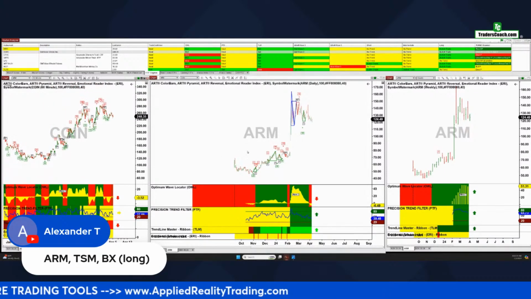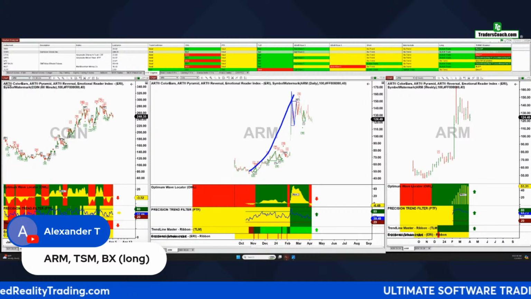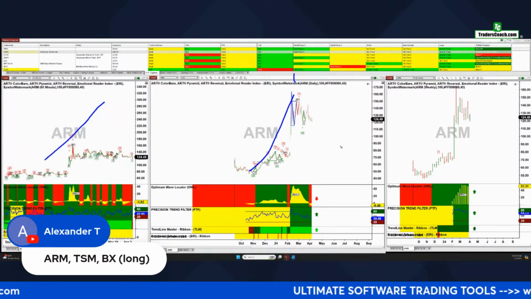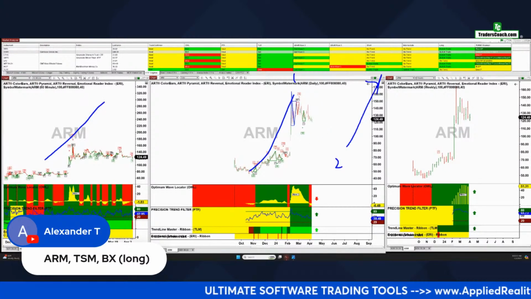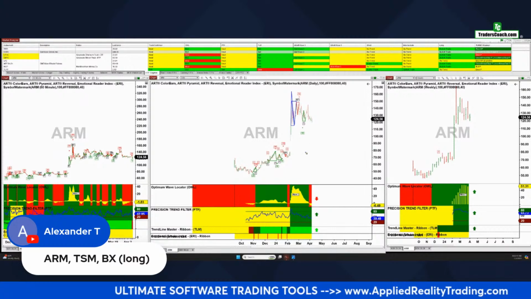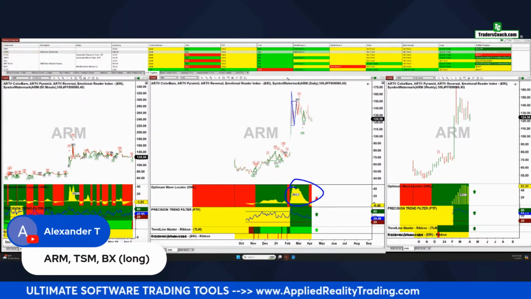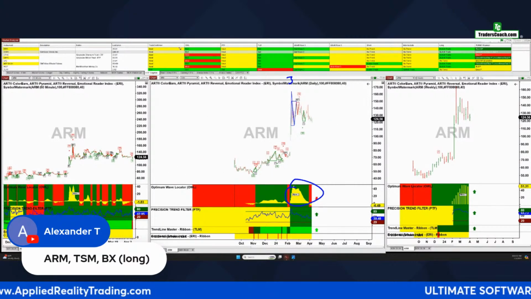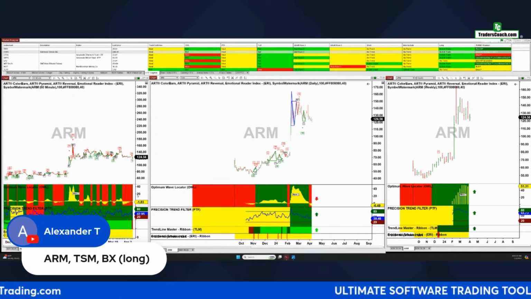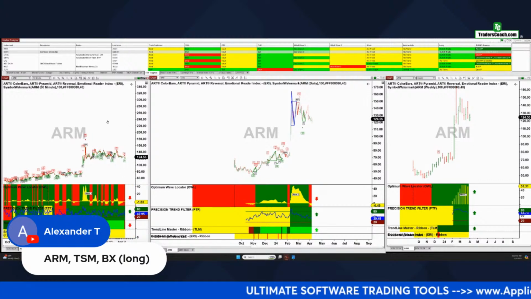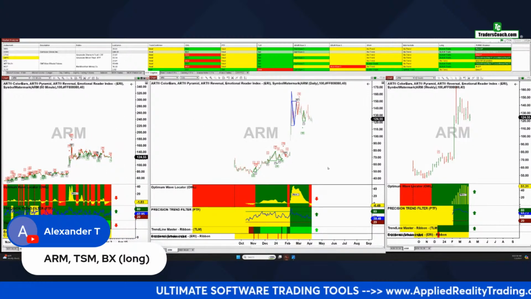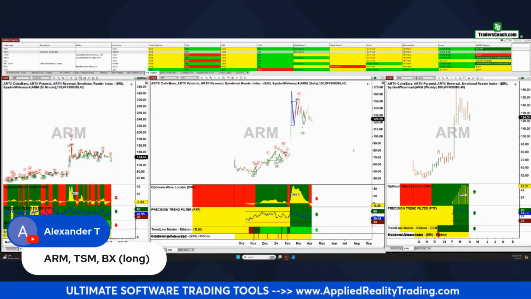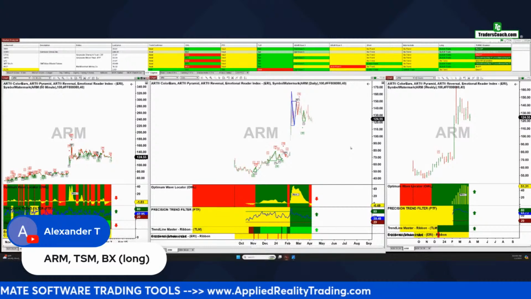The nice thing about this, at least, it gave us a really big move up. So that's an impulsive wave, whether that's a 1 and we'll get a 2 and then a 3. It's hard to say. This is indicating a 3 right now simply because it's the swing currently. So I guess we're going to be in a 4. We should see more highs at some point because the PTFs are all green. All right. So if you're long on these, then your stop point is going to be critical.